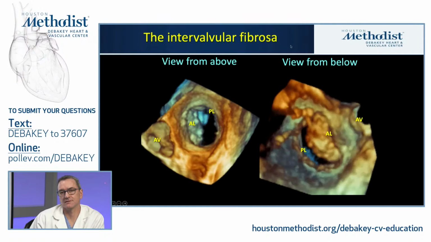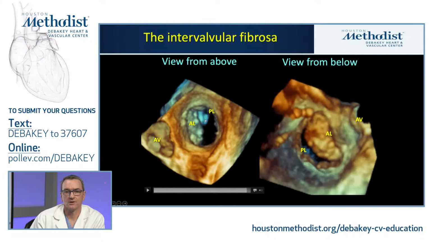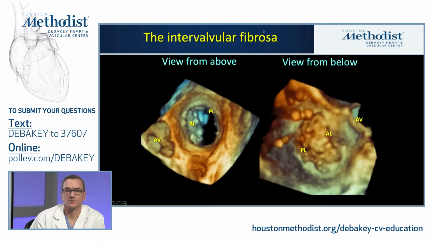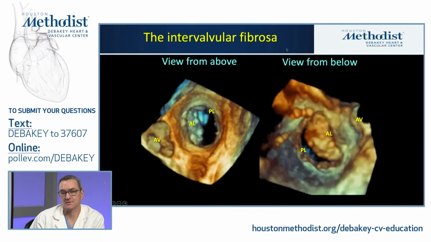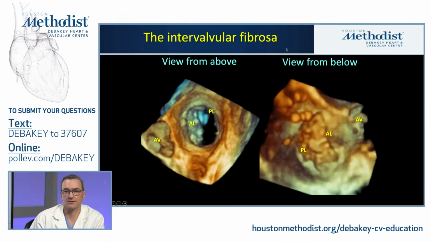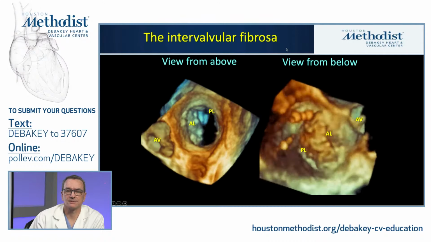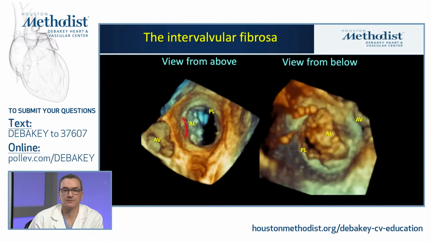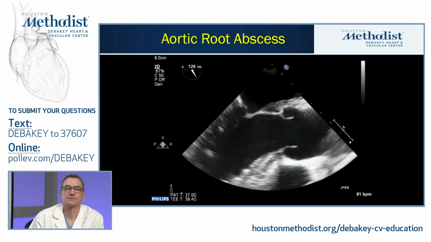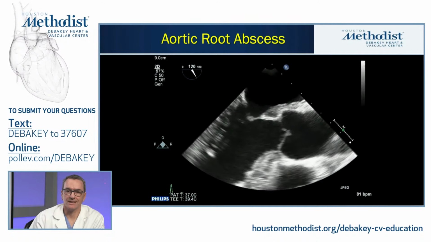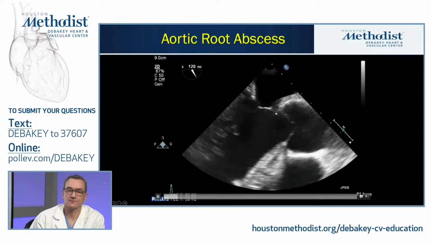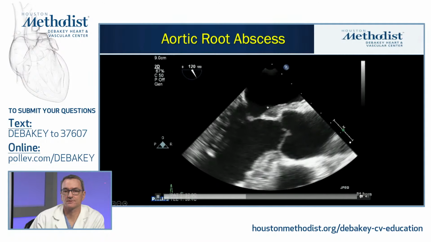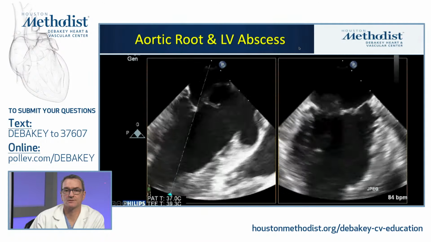So particularly invasive organisms like Staph aureus will take advantage of this proximity. So we have to have a very high index of suspicion for associated lesions with endocarditis. And chances are, if you think it's 2 separate lesions, it probably isn't, or one led to the creation of the other. So this is a different example of an aortic root abscess. This is a sort of very clear thickening here. This one is fairly homogeneous in its sort of appearance, but often it is not so homogeneous.